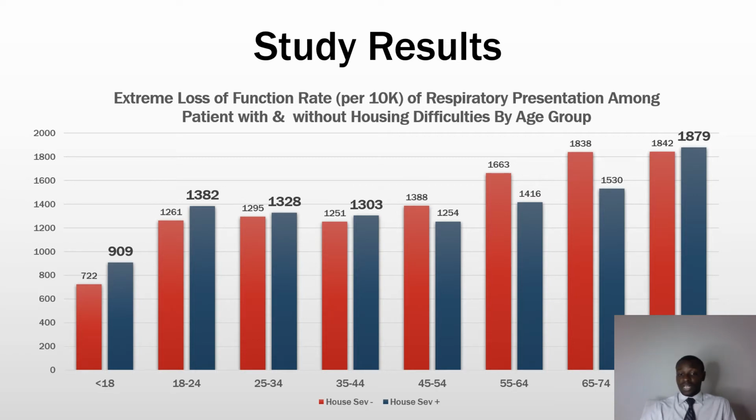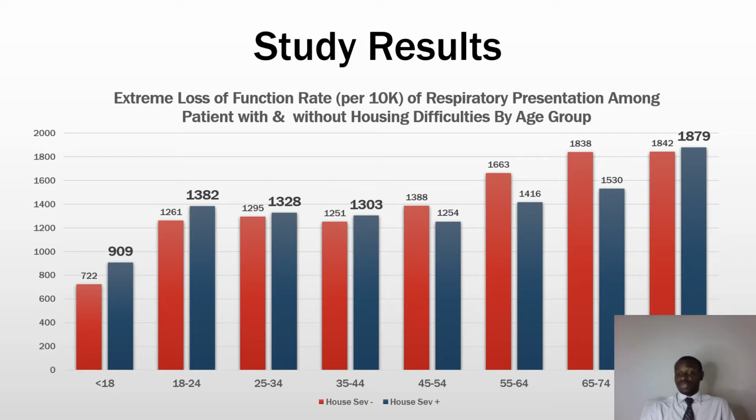When we go further looking at age between 35 to 44, we are seeing again a higher rate of presentations for respiratory conditions among patients with indicated housing difficulties at a rate of 1,303 cases per 10,000 presentations compared to 1,251 per 10,000 presentations. We have a little change in dynamics when we look at age 45 to 54. Here we are looking at a higher rate of presentations for individuals without any indication of housing difficulties, and the same applies